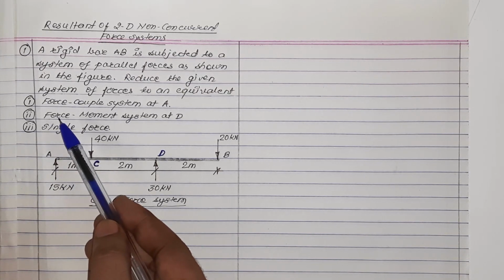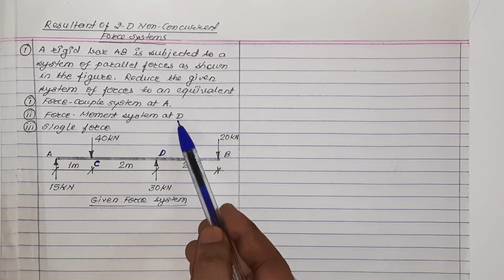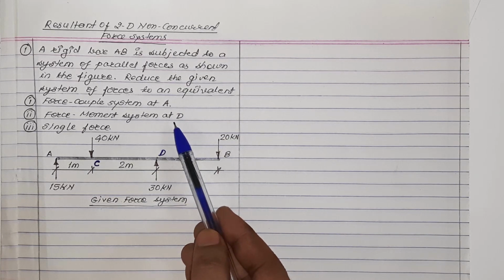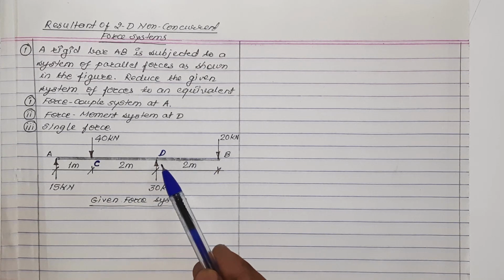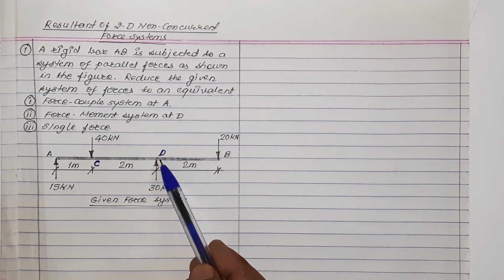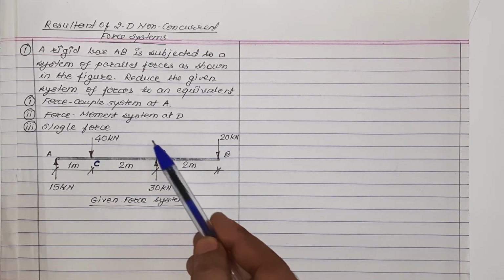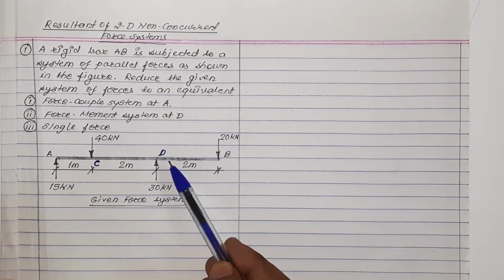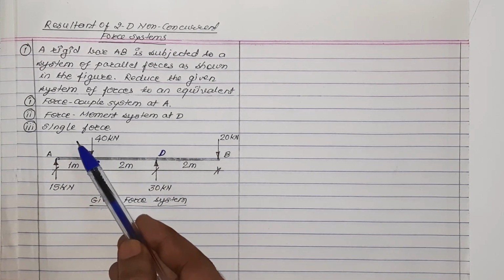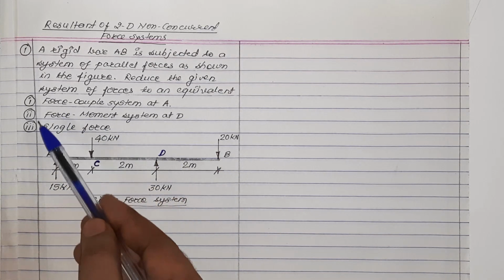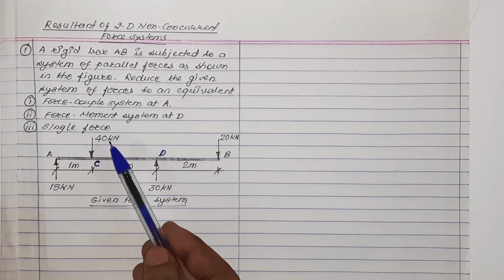Second is we have to replace the system by force moment system at point D. Meaning of question number 2 and question number 1, it is one and the same. Hence, whatever resultant we will find out of these 4 forces, we will show to be placed at point B, and thereafter we will find out algebraic sum of moment of all given forces at the point of replacement, that is at point D. In the third question, we want to replace all these forces by only a single force. Hence, where to place this single force, that point we will have to locate. Let us start the solution.